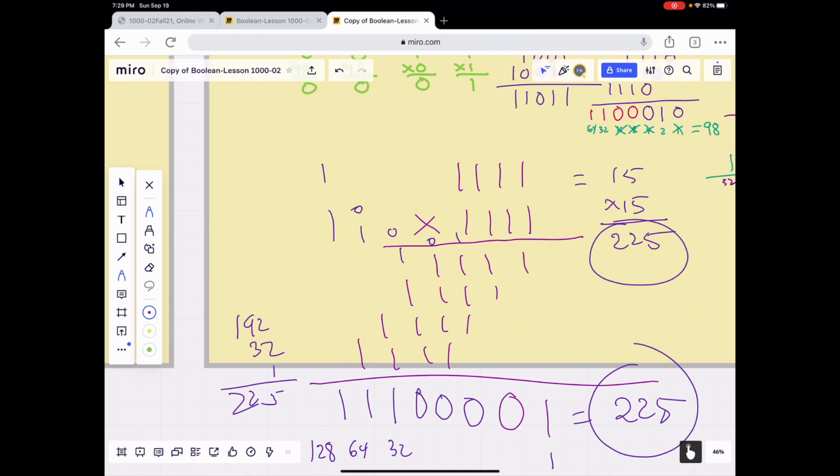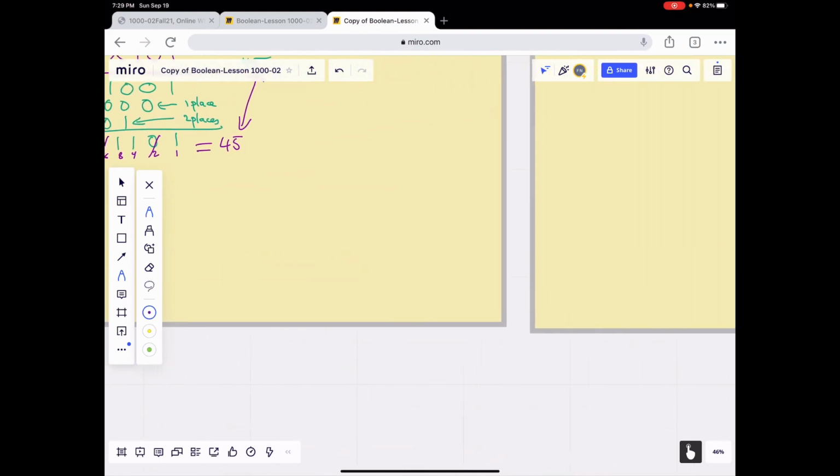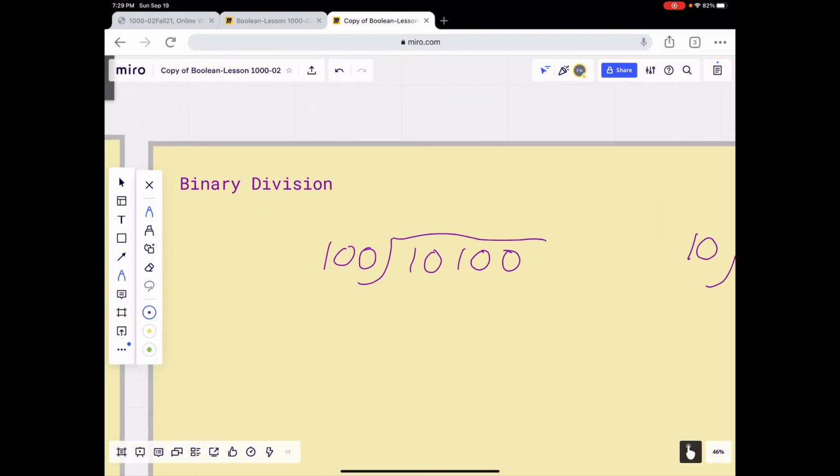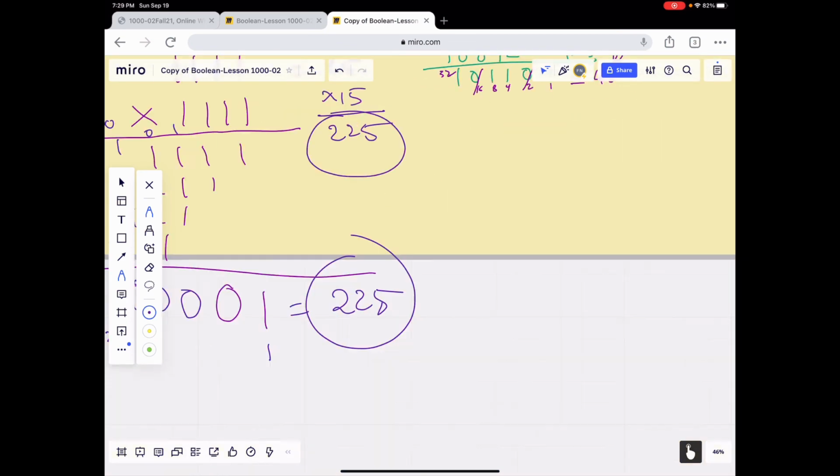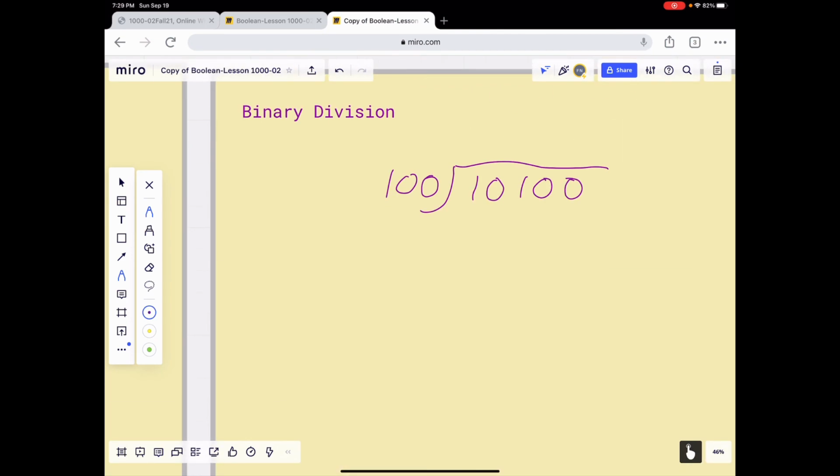Okay, so basically with multiplication you have to pay attention to the addition. That's all you need to do. All right, I'm going to talk about division. Let's do two numbers in division over here. Long division of binary numbers. So let's start with